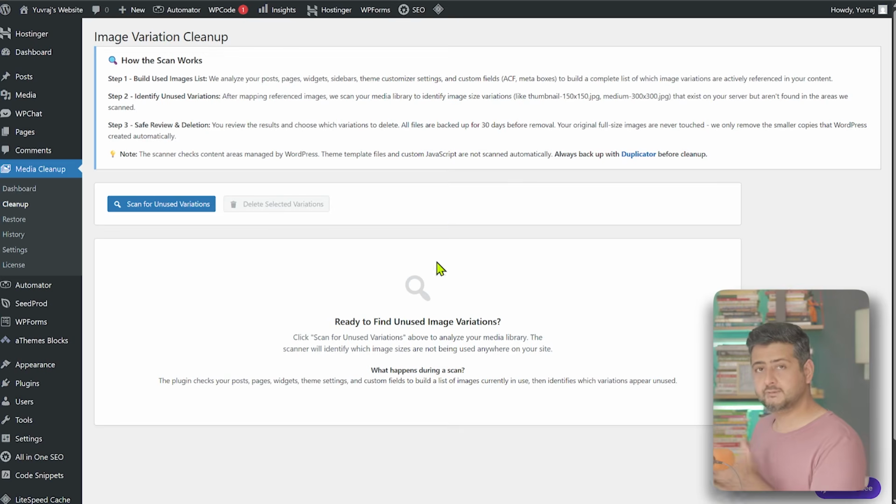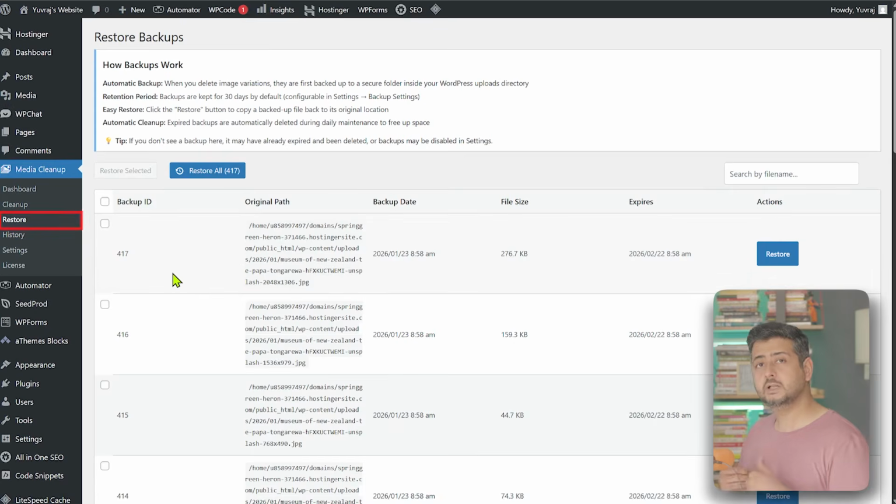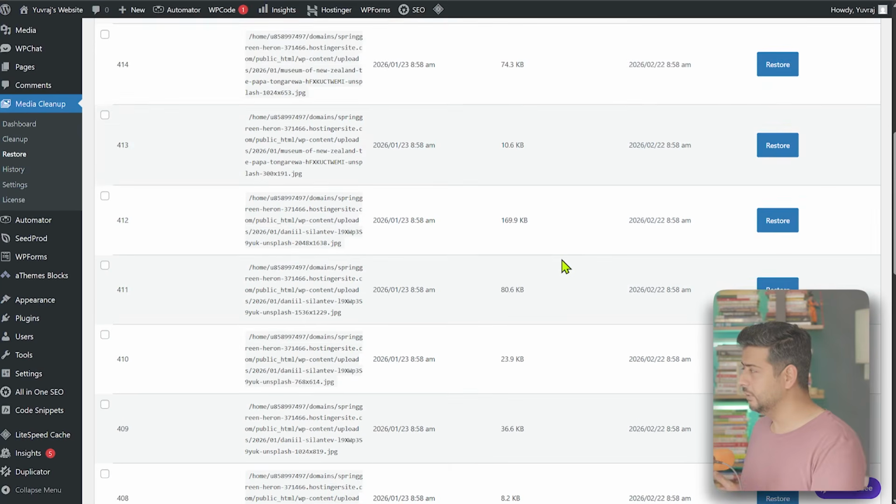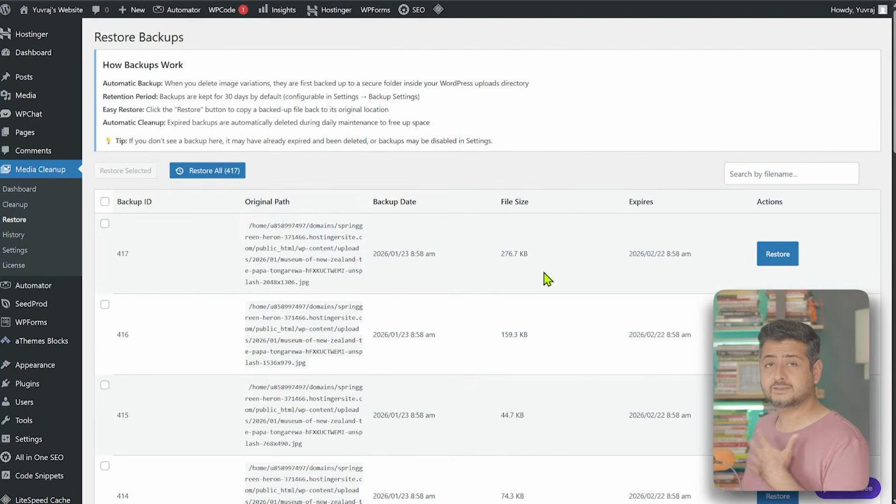If you want to see the same feature in action, all you have to do is go to the restore feature in the menu entry here. If you go to the restore feature, you'll see all the images that were recently deleted and have not been permanently deleted. You'll see the backup date, the file size, everything else, and you can see the expiry as well, so you can be sure when the image is going to be deleted permanently from your server. You can scroll here, find the right image, and if you accidentally deleted an entire batch that you wanted to use, you can always go to restore all, and it will restore all the images currently